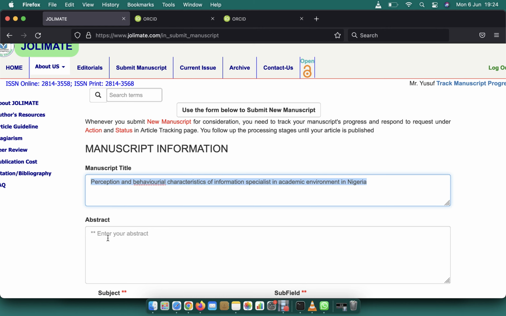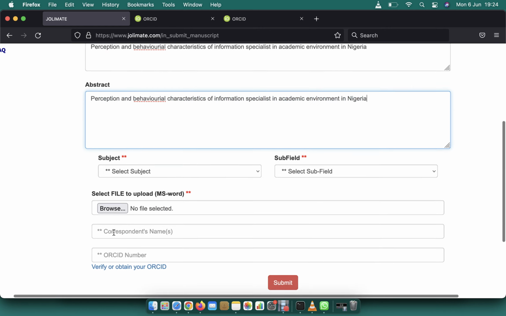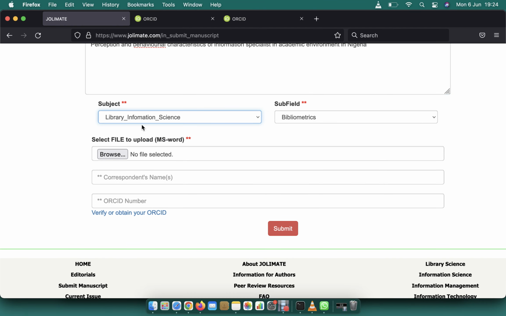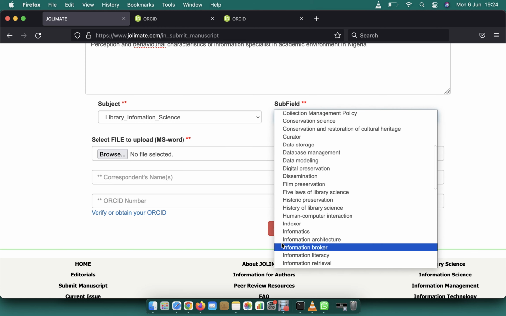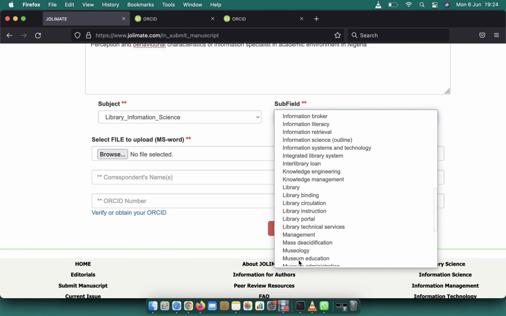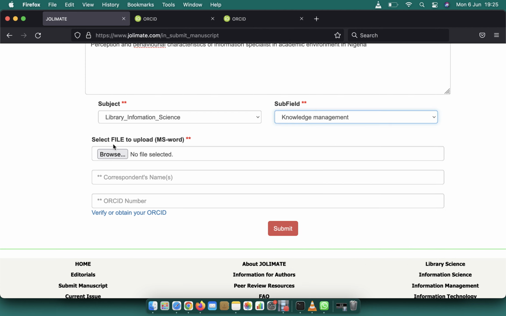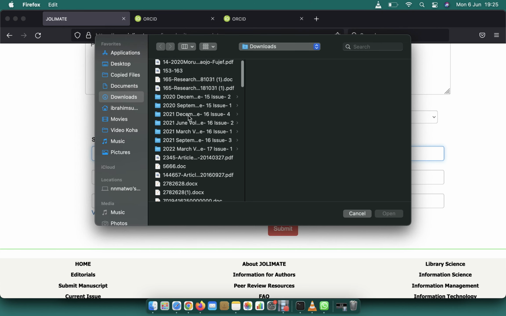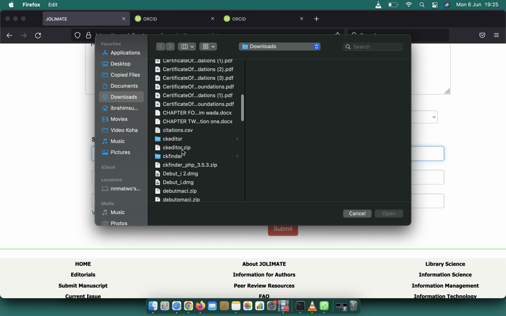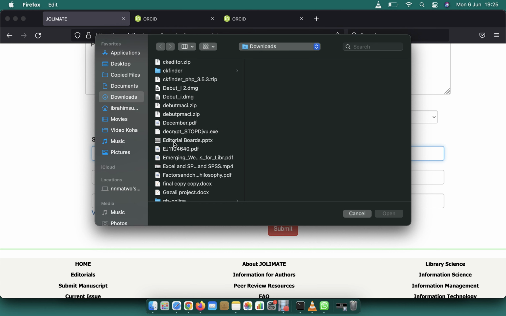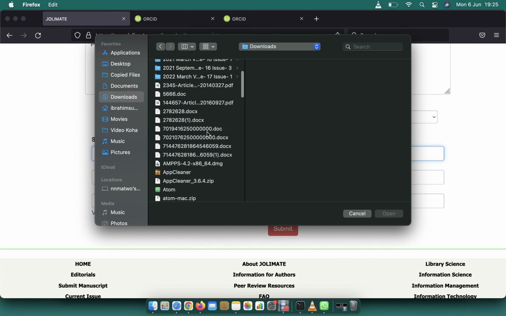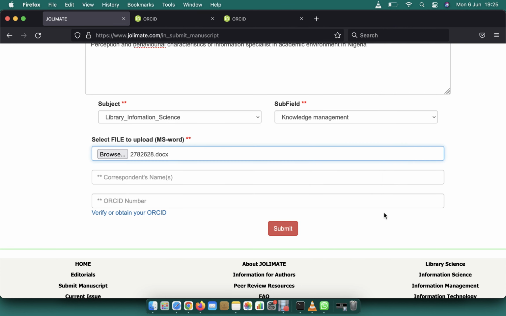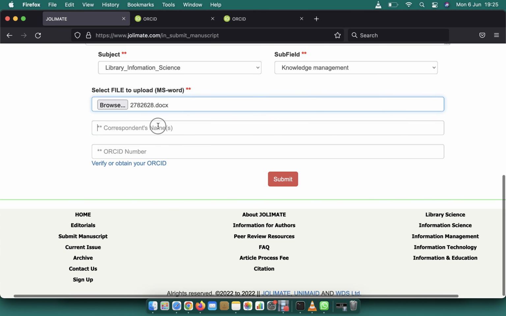This is for demonstration. Then here too, I'm expected to type my abstract, and then I'll select library science, and I look for the field that matches. Let me just select any one, maybe knowledge management, and then I'm expected to click here to select the manuscript. So that is the file, and I'm going to type my name